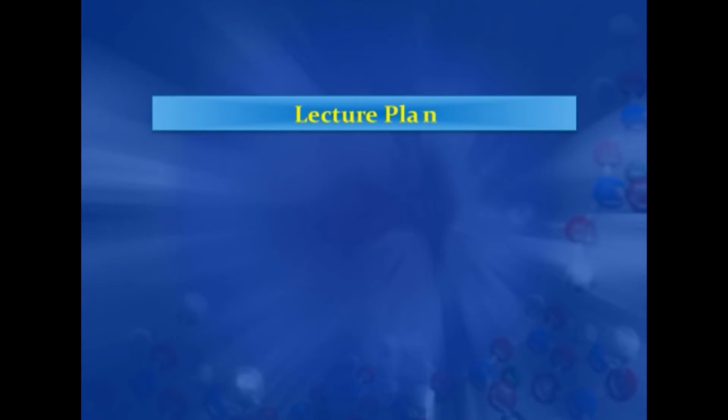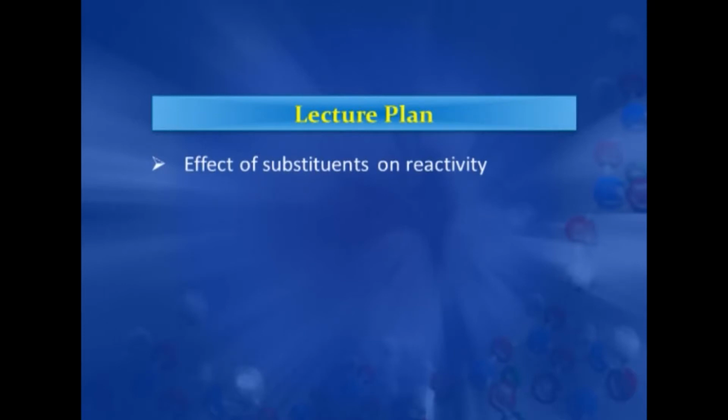Now, before proceeding to alkyl benzenes, today we first discuss the effect of substituents on the reactivity of the benzene ring. If any substituent is present on benzene, how does it affect the reactivity of benzene? This effect on reactivity can be in the form of activating or deactivating. So, we will see which groups are activating and which groups are deactivating, and further we see the effect of